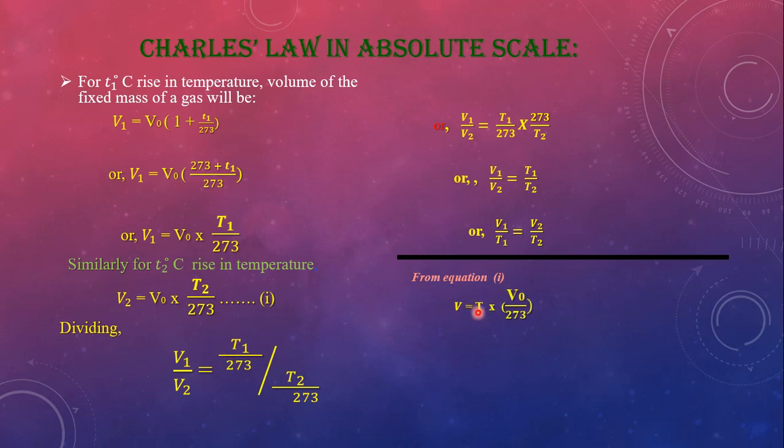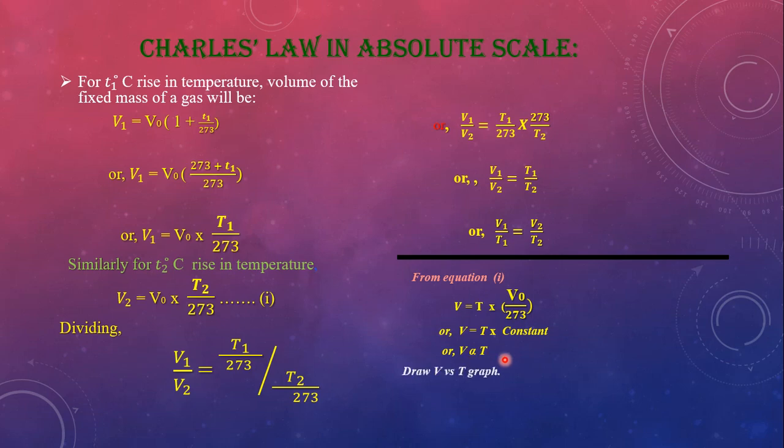So V in general is equal to T times V0 by 273. I've taken T2 in place of V0 and put V0 in place of T2 because it's multiplication, you can do that, because both V0 and 273 are constants. So what we are getting is V is equal to T times a constant. Ringing the bells, right? What kind of equation is this? Y is equal to Mx. C is not there, C is 0. Y is equal to Mx plus C, so this is Y is equal to Mx. We can remove this constant and write V is directly proportional to T.